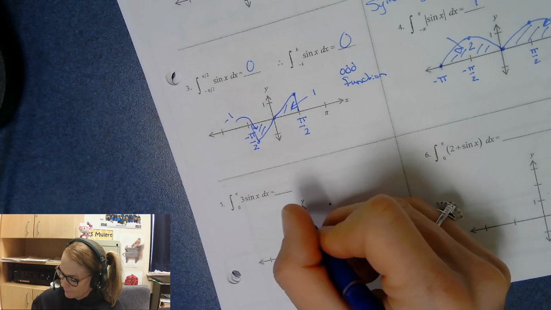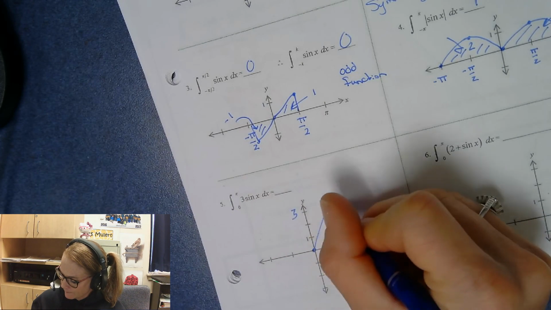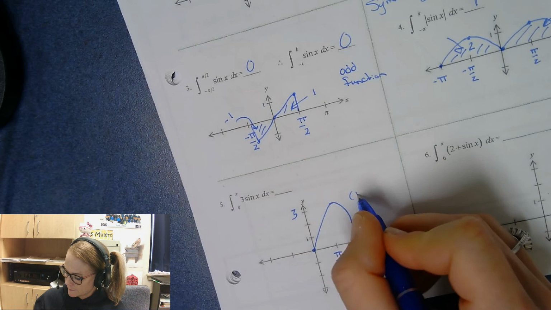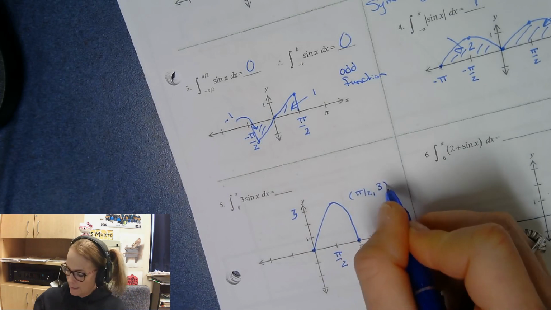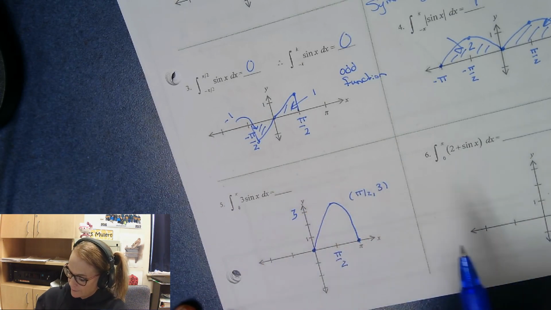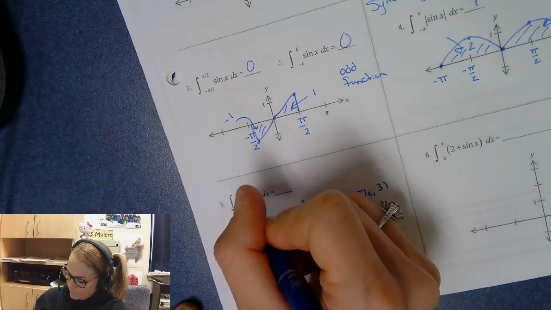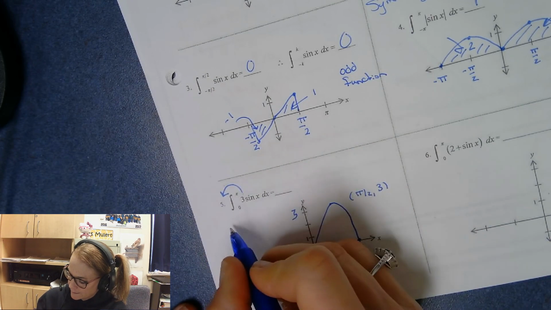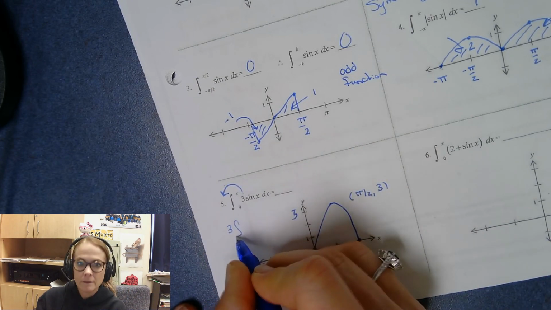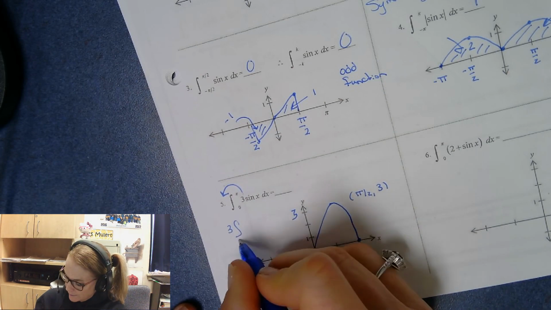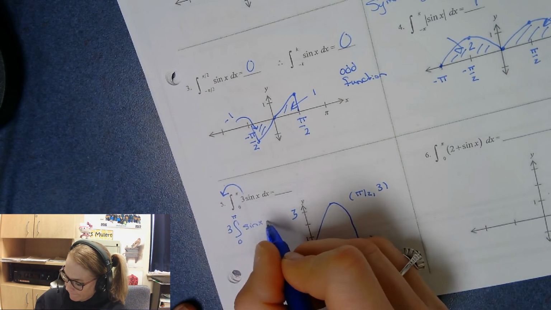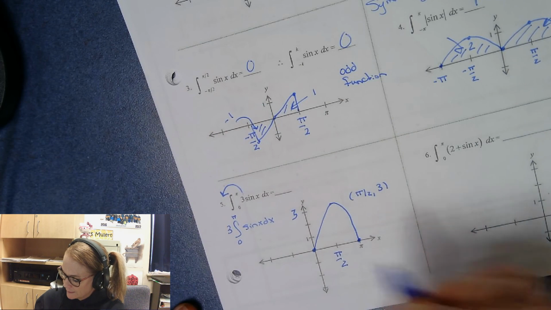So this just has an amplitude of 3. Okay, not the best little curve there, but that's okay. This is pi over 2, 3. And so that's just going to be 3 times the original area. We can factor out this 3 if that's helpful. You can factor out scalars there, 0 to pi, scalar multiples. So this is just 3 times the 2,